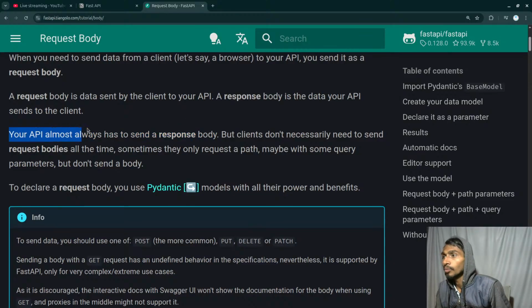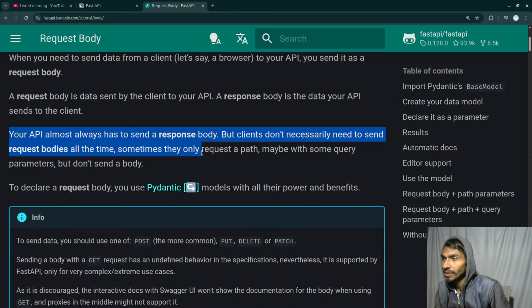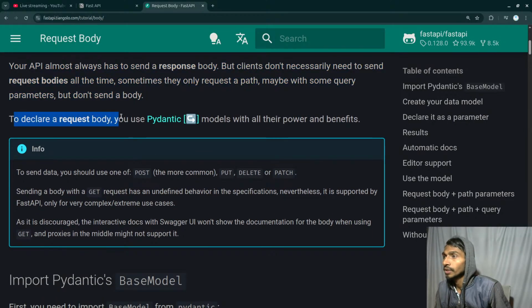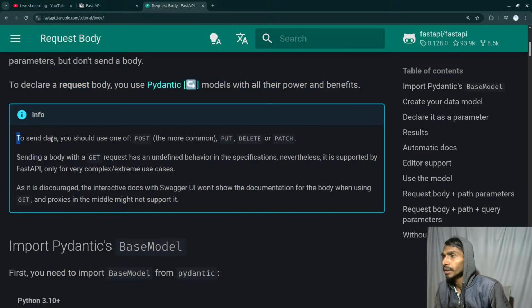Your API almost always has to send a response body, but clients don't necessarily need to send request bodies all the time. Sometimes they only request a path, maybe with some query parameters, but don't send a body. To declare a request body, you use Pydantic models with all their power and benefits. To send the data, you should use one of